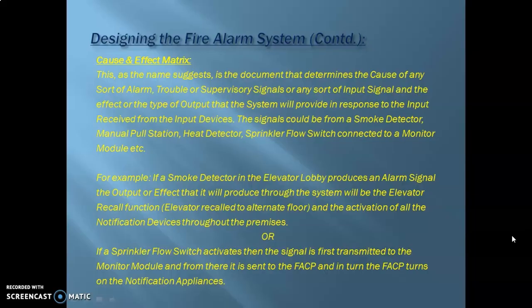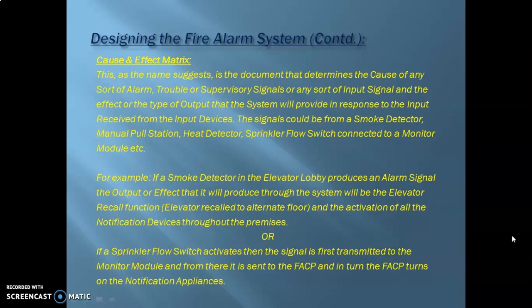Or let's say that if a sprinkler flow switch activates, then the signal is first transmitted to the monitor module, and from there it is sent to the FACP, and in turn the FACP turns on the notification appliances. That means that the cause was the actuation of the sprinkler flow switch, and the output or the effect was the FACP turning on the notification appliances.